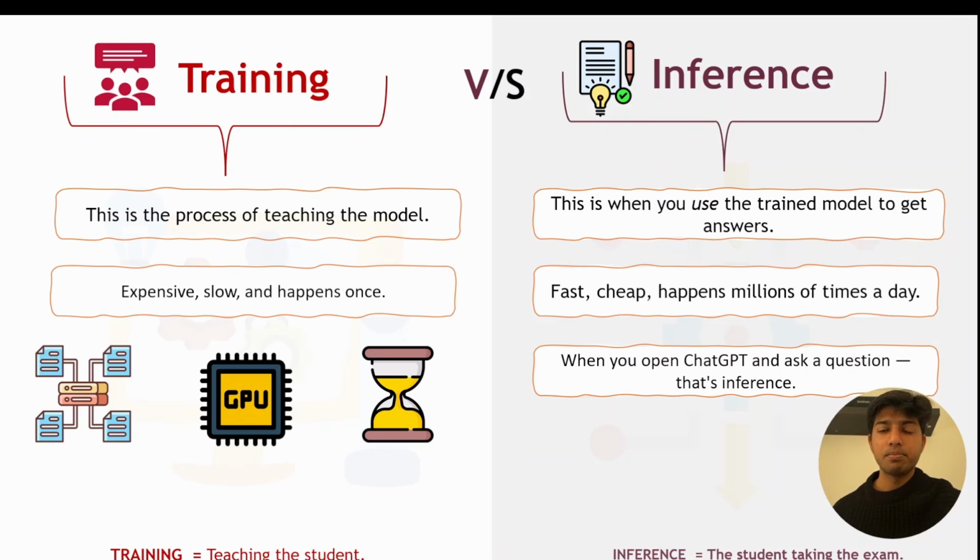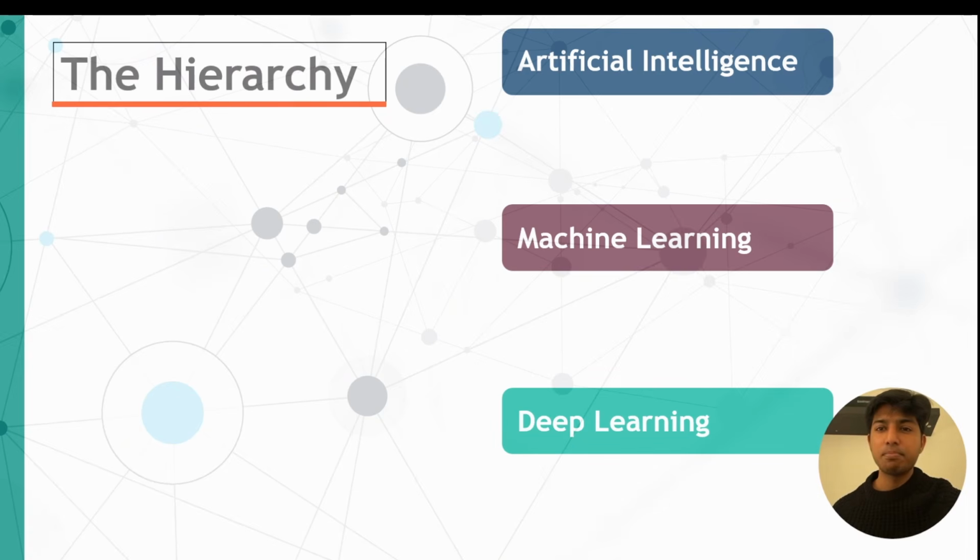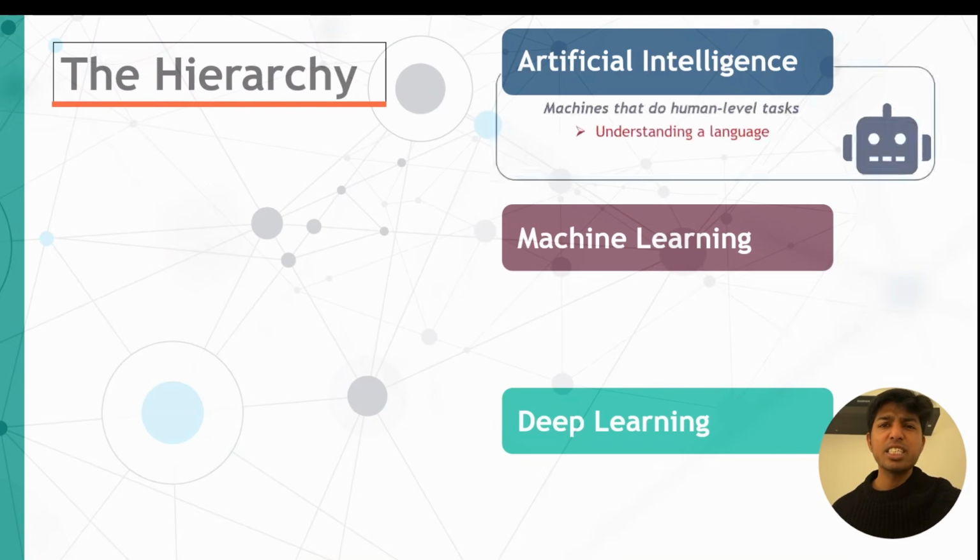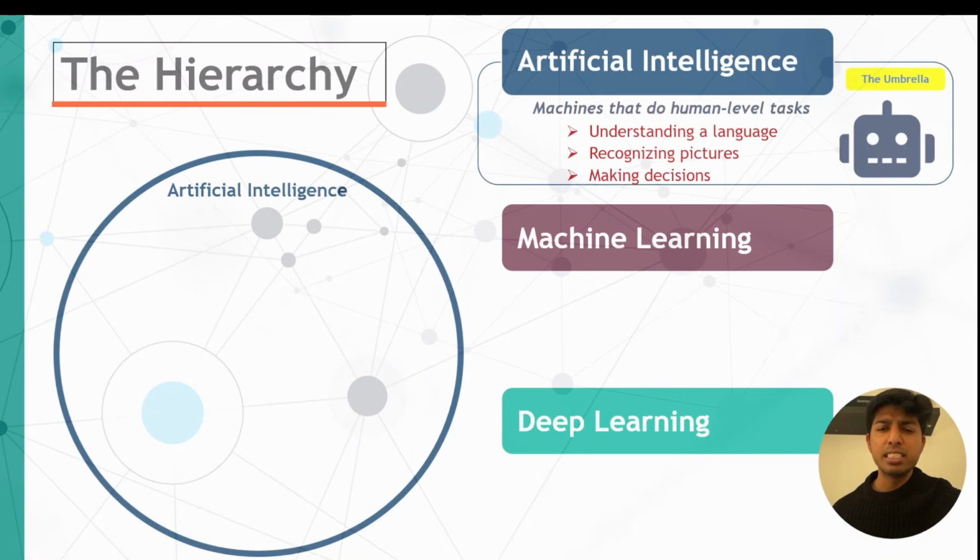Now let's get deeper. People use AI, machine learning, and deep learning interchangeably. They are three different things, and they nest inside each other. AI is just a computer program that can learn, reason, or make decisions. So the goal of artificial intelligence is making machines do things that normally require human intelligence. That's nothing but AI. Like recognizing images, understanding a language, or making a decision. That's AI. Historically, the definition of AI is very broad.